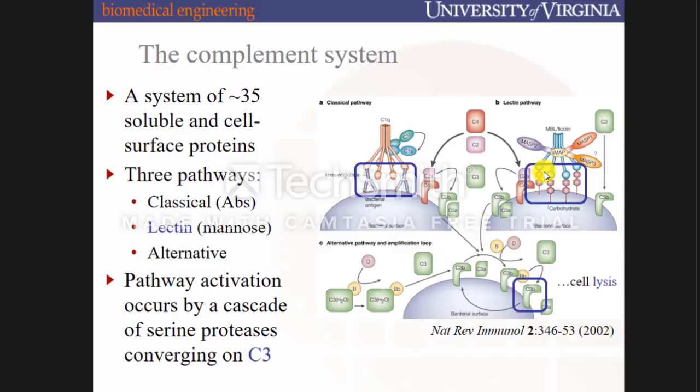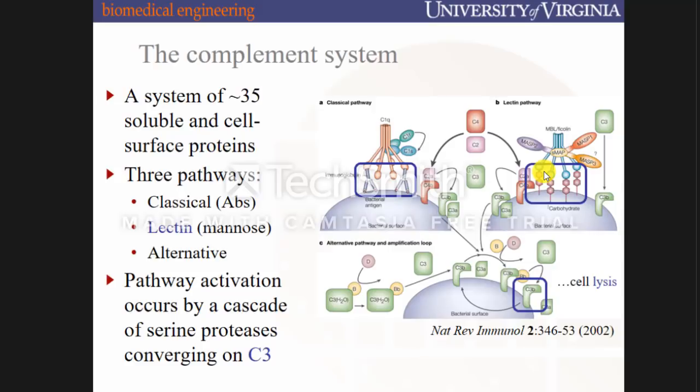So these are two different pathways within complement that recognize microbes, but they converge at C3. So C3 is like the focal point of complement. And it's also true of the alternative pathway, but in the interest of time, I won't get to that, but it also converges at C3. So C3 is the focus point of complement, where you're off to the races if you can clip